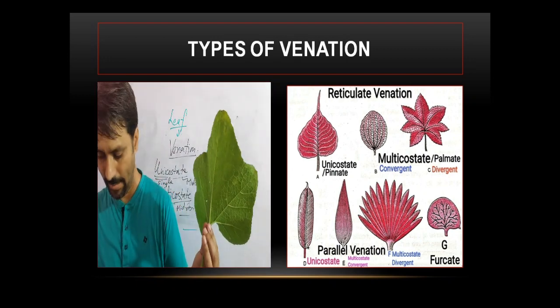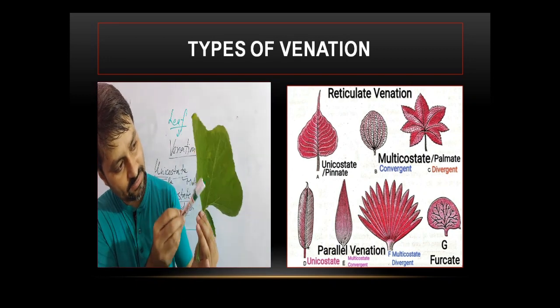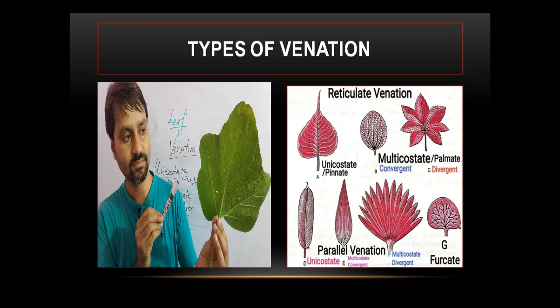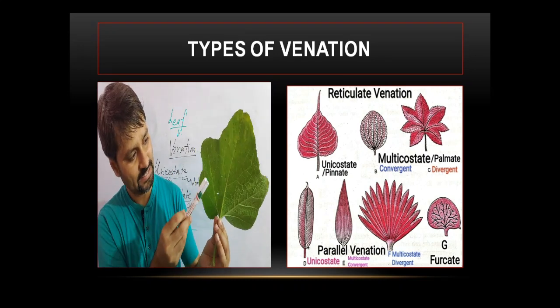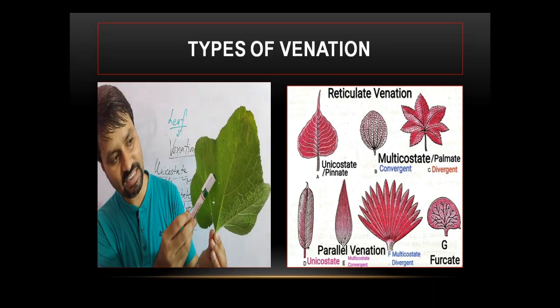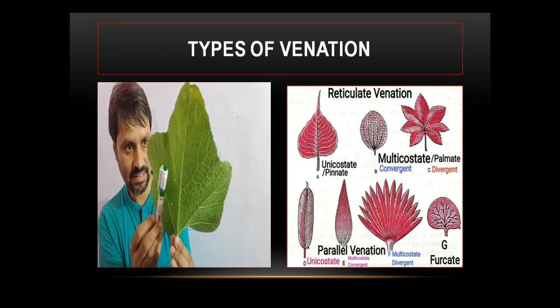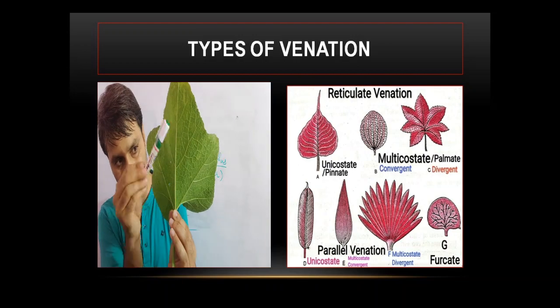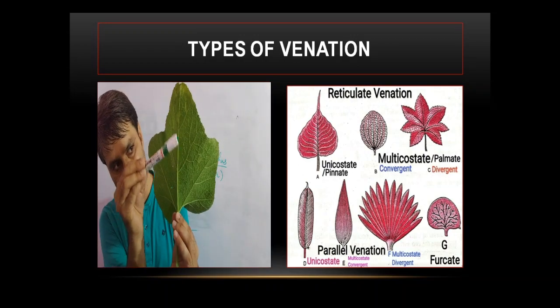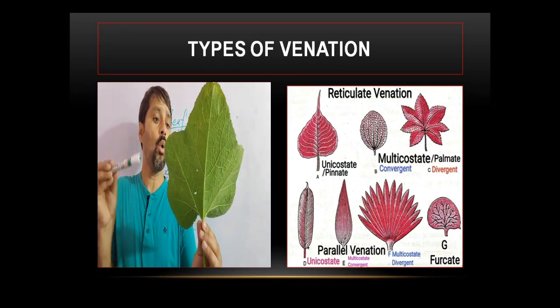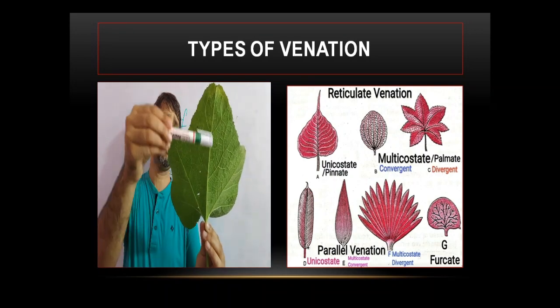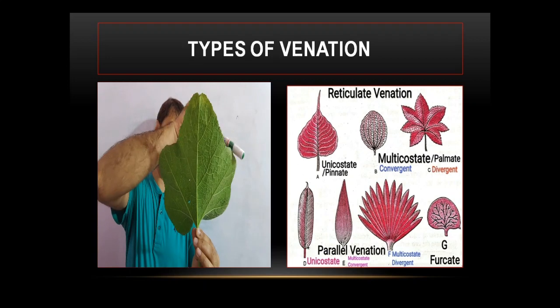In Cucurbita you can find, you can see here, again many midribs are there. From midrib the veins are there. From the veins the veinlets will be there, and they are making a network here. Vein, midrib, veins, then veinlets making a network. Clear? What about these midribs? They are moving toward the margin.